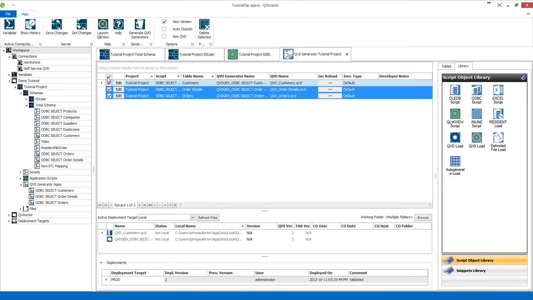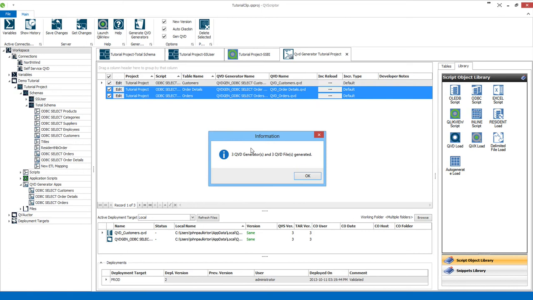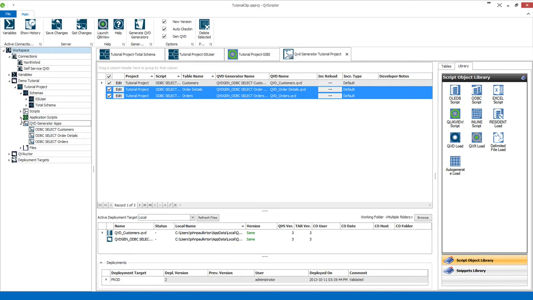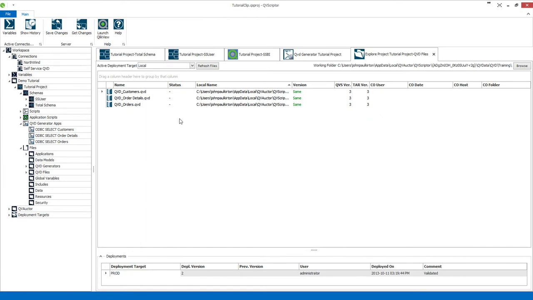So what I can do is from here select all of them, tell it to generate the QVD files for me and to auto check in the folder because I'm done with my work. Generate QVD generators. And 3 QVD generators has been generated for me. So what I want to do next is go into my file section, and over here I can see my QVD files. There you can see the little line means that they have been checked in, and so they are